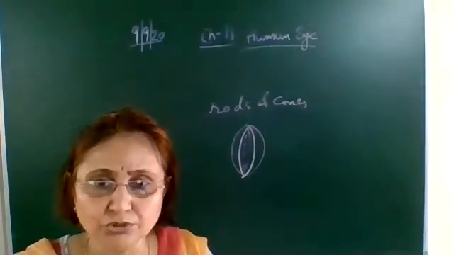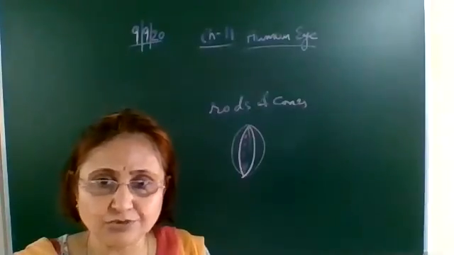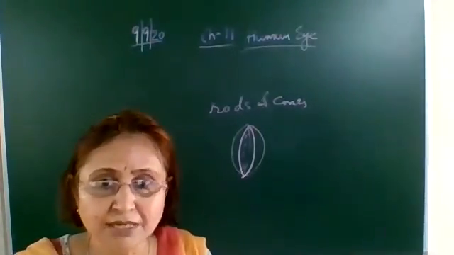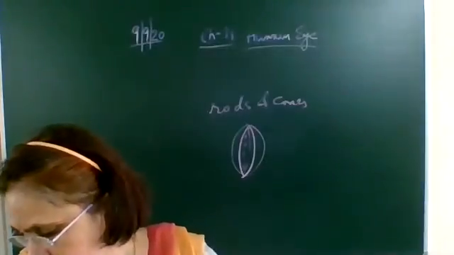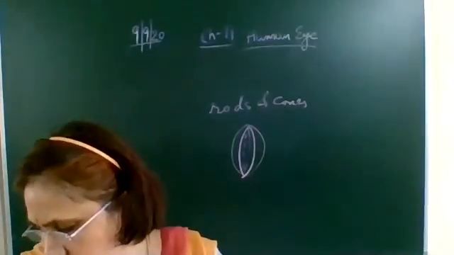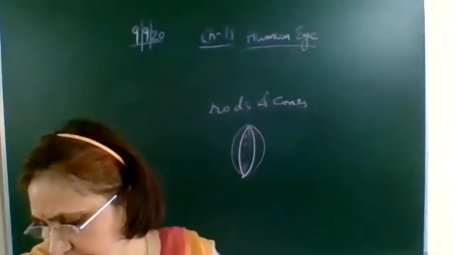But those who are using spectacles may not have the least distance as 25 centimeters. That is why they have to wear spectacles. They have got some defect in their eye. So for a young adult with a normal vision, the least distance of distinct vision, or the near point, is 25 centimeters.